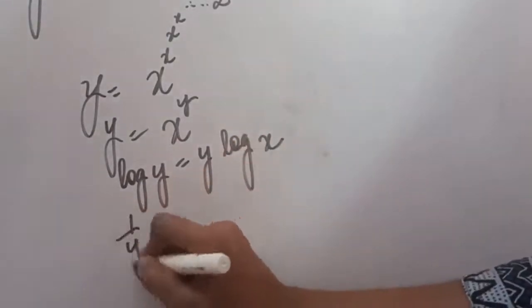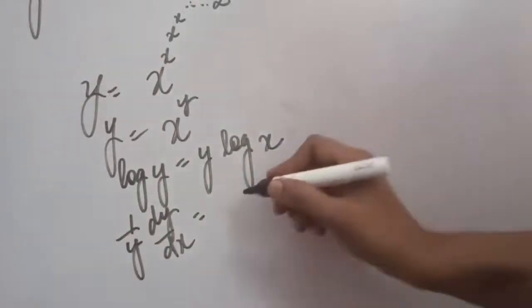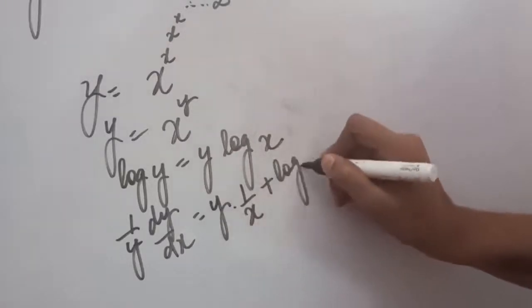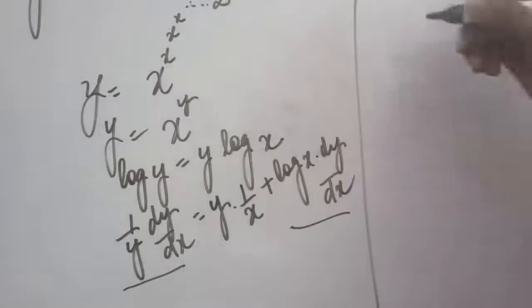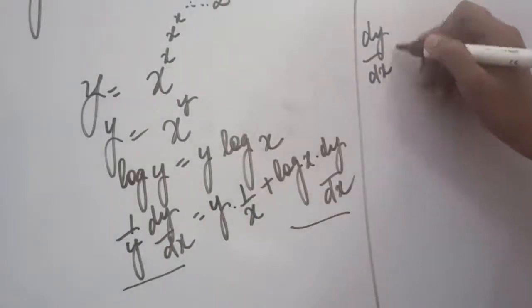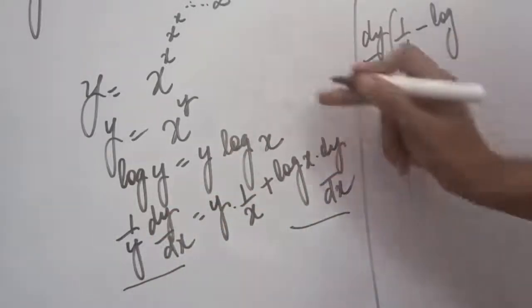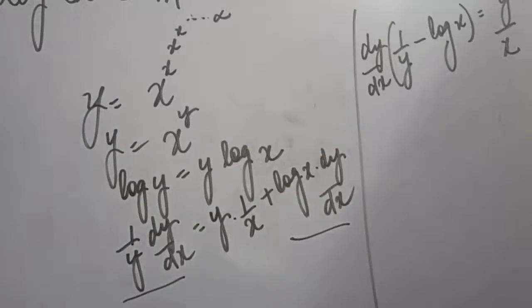So now differentiation, if we take differentiation on the left hand side, it is 1 upon y dy upon dx. Here we will apply UV rule, product rule. So y, differentiation of log x is 1 upon x plus log x, differentiation of y is dy upon dx. So now if we take this and this, we can take dy upon dx common. So from the left hand side we have 1 upon y minus log x, because it will go on that side. So minus log x is equals to y over x. This is our y and this is x. So this is what you will be getting.